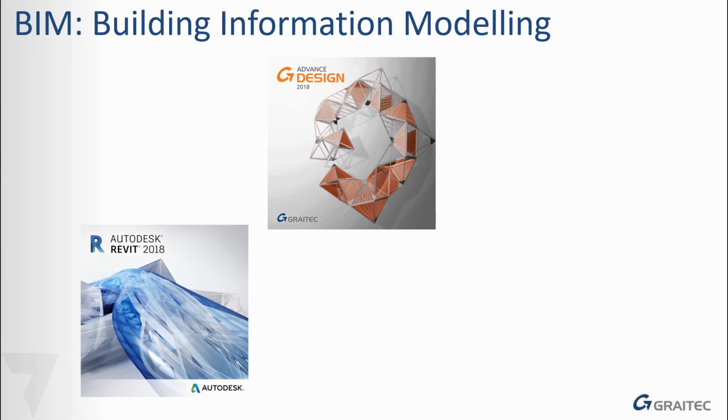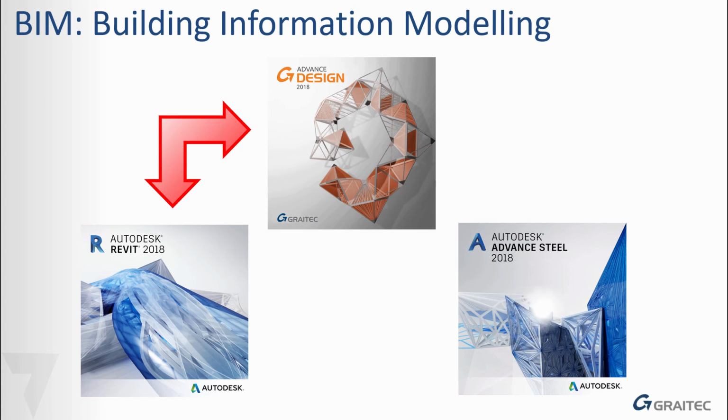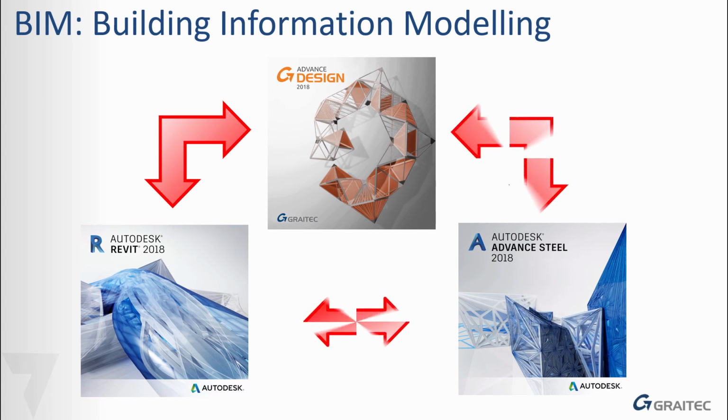In particular, we are going to create a model in Advanced Design and then export it to Revit, where we are going to check and make some changes, and then come back to Advanced Design and synchronize the model, updating all the information. Once we have done this, we will run the model again in Advanced Design, and we will export all the information to Advanced Steel, where we are going to design some of the connections. Having done this, we want to update our model in Revit, as it is our lead software, to then create the